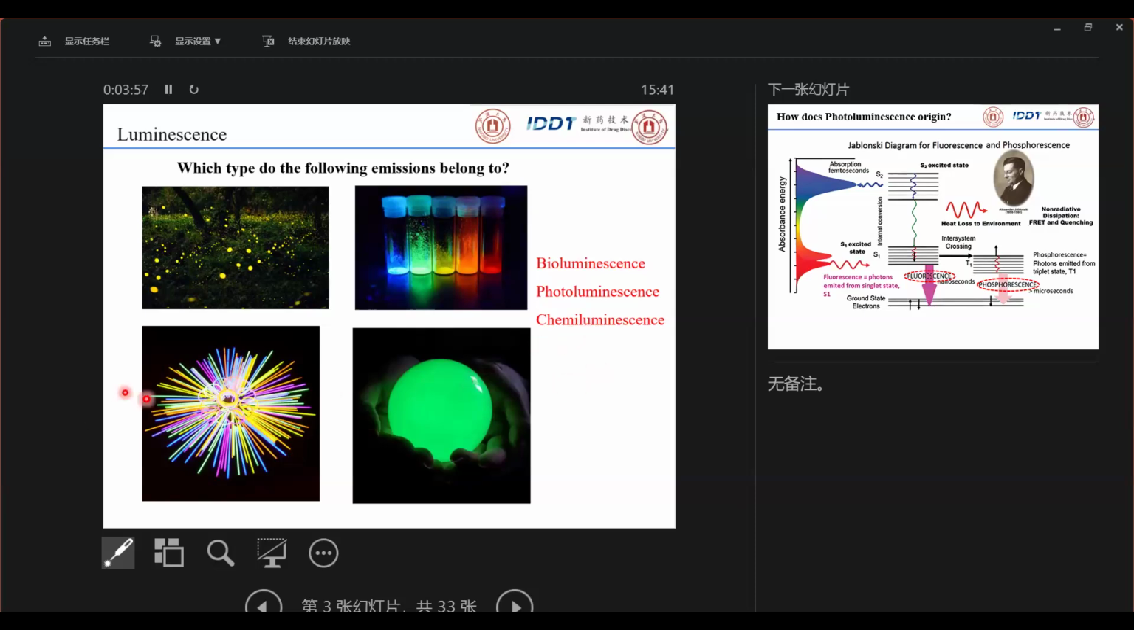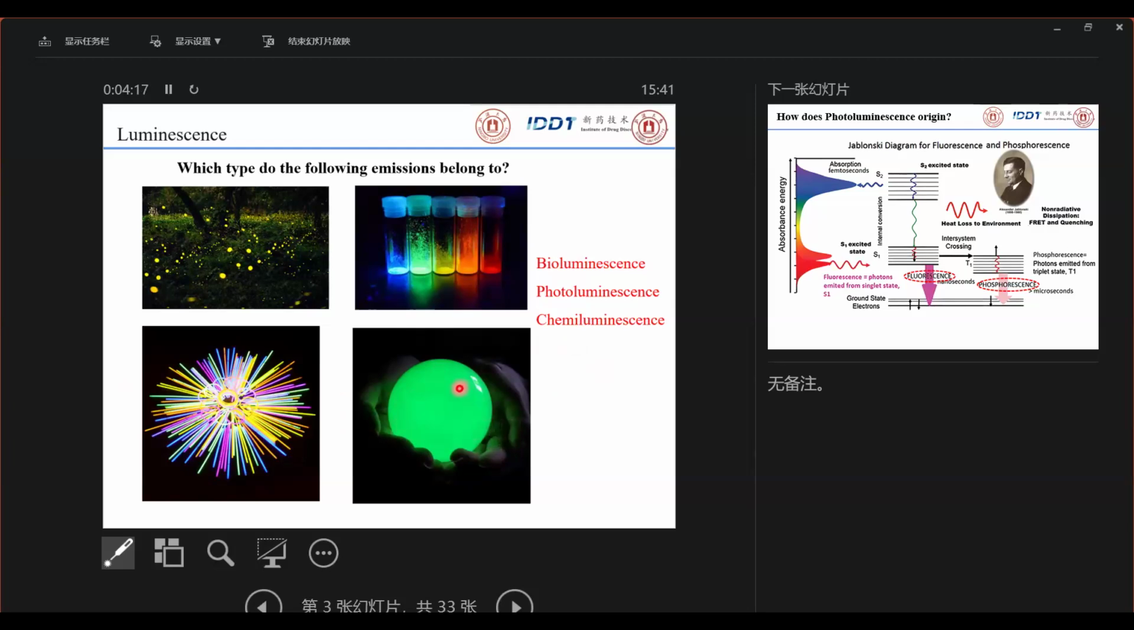Chemiluminescence, because it has two kinds of chemicals. When it comes together with oxidants, the chemicals oxidize to another state and become luminescent. It's called chemiluminescence. And this,